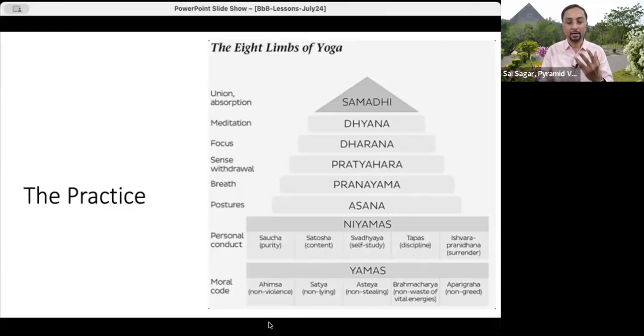So that is the conduct. Not indulging in violence, not eating too much food, not regretting having told some lies, or having taken something that is not your own. Not unduly wasting energies in unnecessary gossip, unnecessary overeating, and overindulgence in sense pleasures. And then, of course, non-attachment and non-greed. All this, when we practice, allows the upper half of the practice to be better.